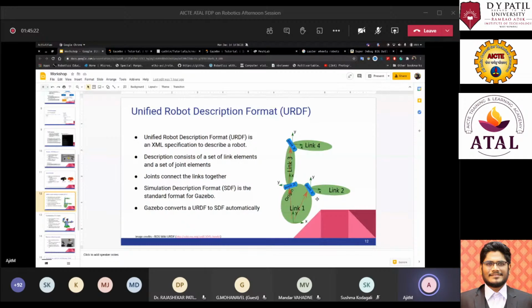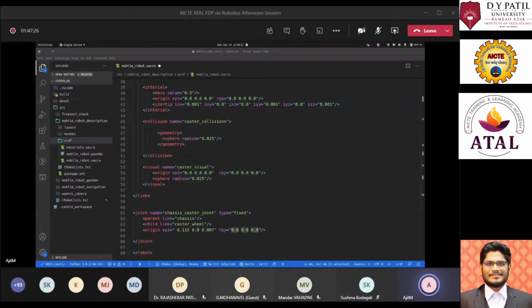So for RPY, there would be no rotation in pitch and yaw axis, but there would be rotation in roll axis. So that will be minus 1.5707.